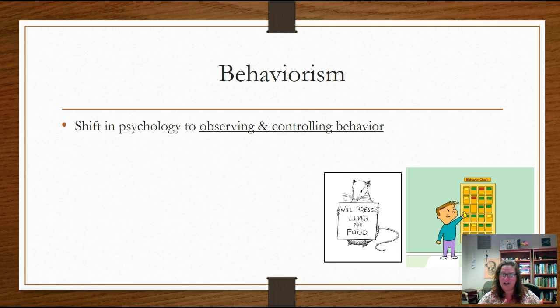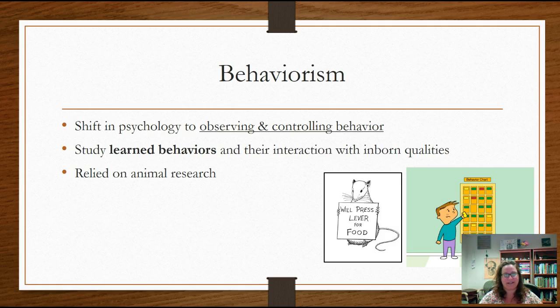So we're continuing along on our founding kind of fathers, founding mostly fathers here, but there are some founding mothers. But we're kind of continuing that with behaviorism. So with behaviorism, we had individuals, or this group of psychologists, who really wanted to say, or really said, we can't study the mind. So I can't know what's going on up here in my mind, in your mind. So what I need to study is behavior. So I want to observe what you actually do and try to control what you actually do. So this was the behaviorism movement. It was really, really big for a long time, especially in American psychology.